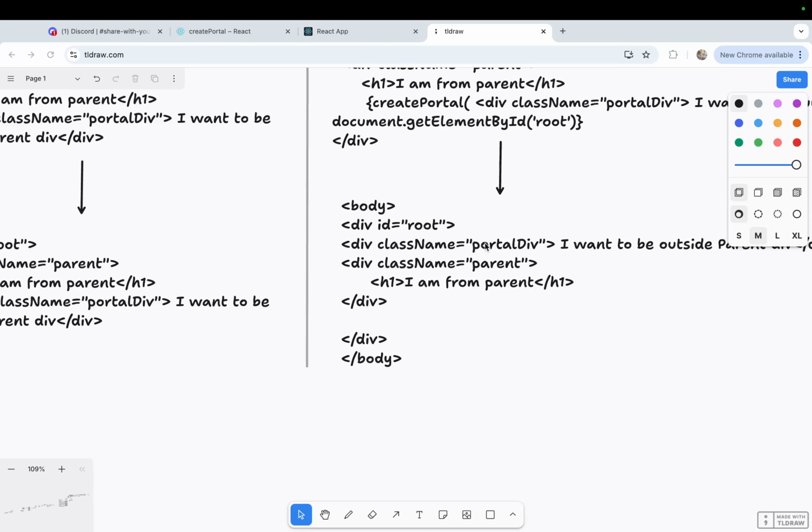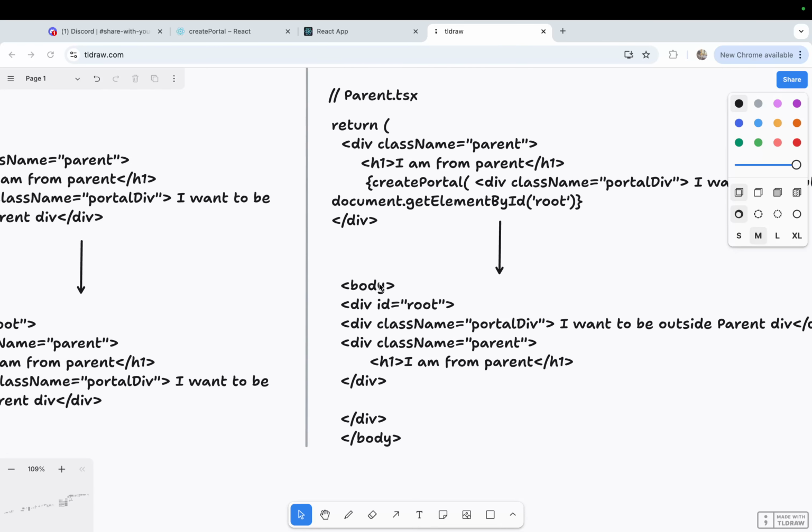Now this will become the child of your root, and then your parent will come. So when you open the code of parent.tsx, you will see the code is in the parent, but in the render, in our tree, in our hierarchy, it would be the child of the root. Now if you're thinking that this is a weird thing, why would I be needing it, what kind of requirements